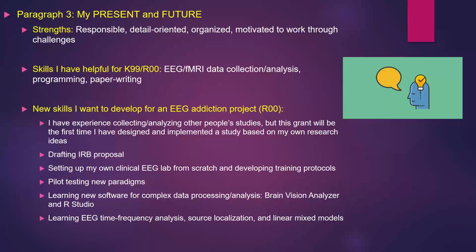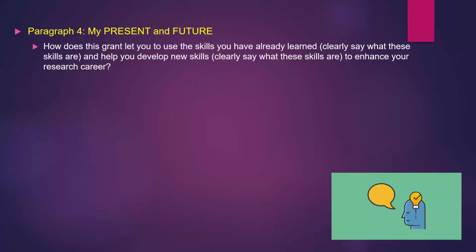I also want to learn EEG time frequency analysis, source localization, and linear mixed models in terms of stats. I have a fourth paragraph about my present and future. So you want to outline how does this grant let you use the skills you have already learned, and clearly say what those are, to help you develop new skills, and clearly say what those are, to enhance your research